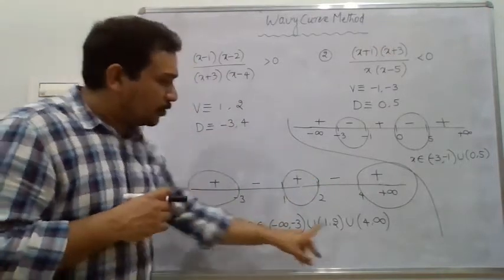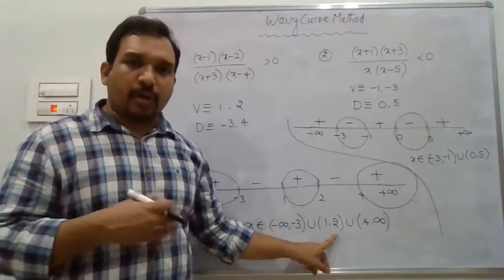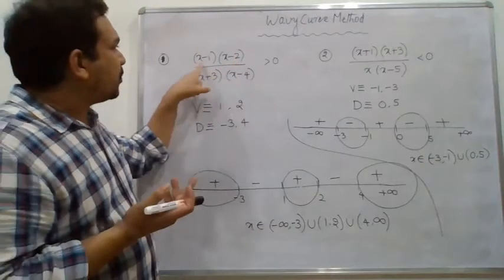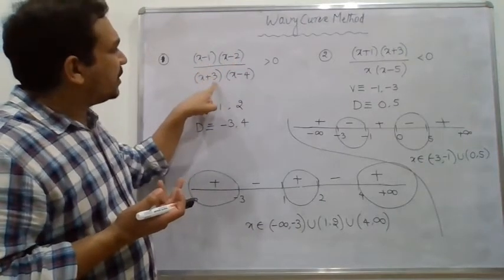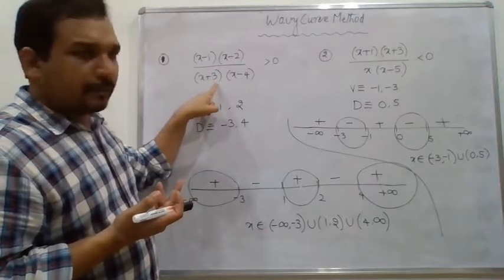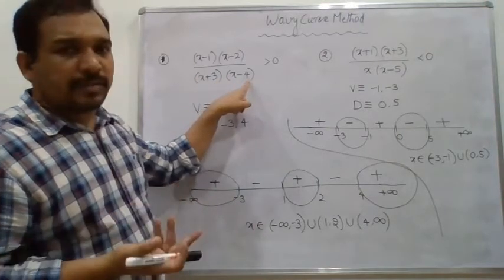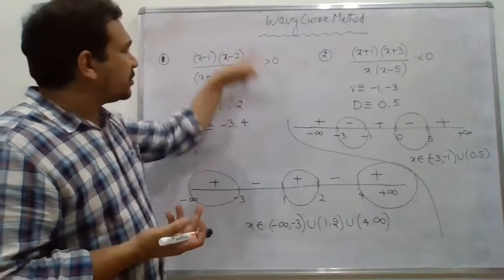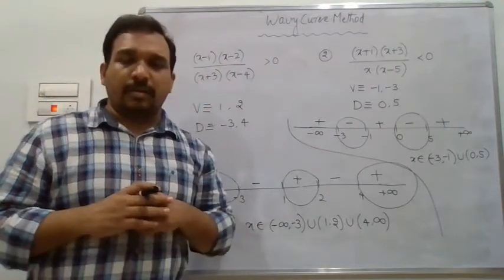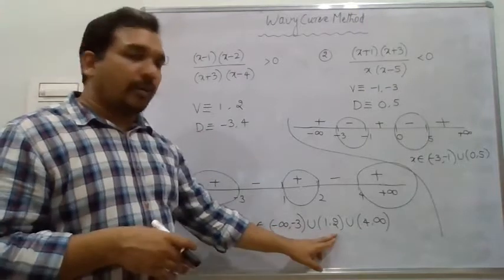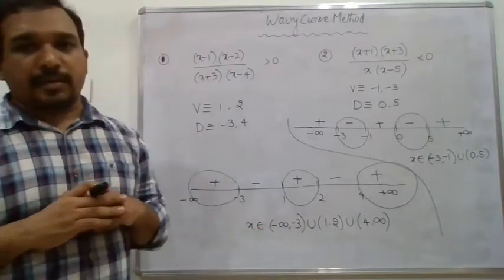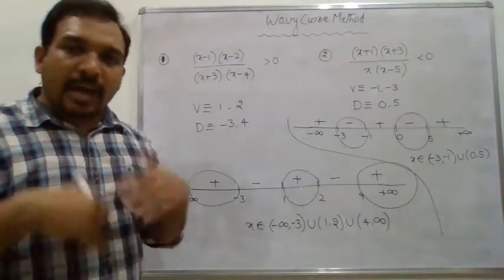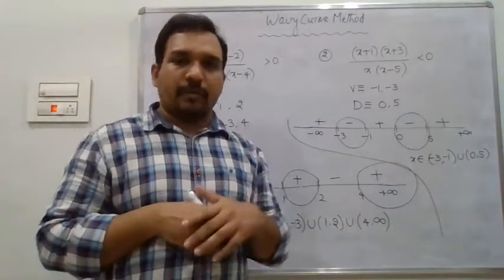Now let us see x equal to 2 also. Should I include 2 or not? Substitute 2 inside this. x minus 2 is how much? 0. x minus 1 is 1. x plus 3 is 2 plus 3, which is 5. 2 minus 4 is minus 2. Positive, negative, positive, but it is 0. 0 by something is 0. Is 0 greater than 0? Wrong. That's why we should not include 2 also. Similarly, 1 and minus 3. That's why for these values I have used open brackets. Then where do I have to use the closed bracket? Let us go for one more example.